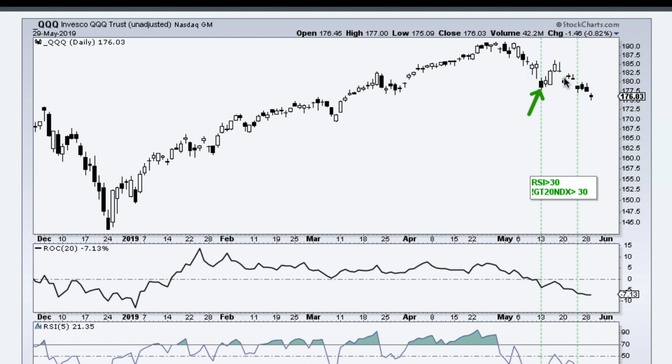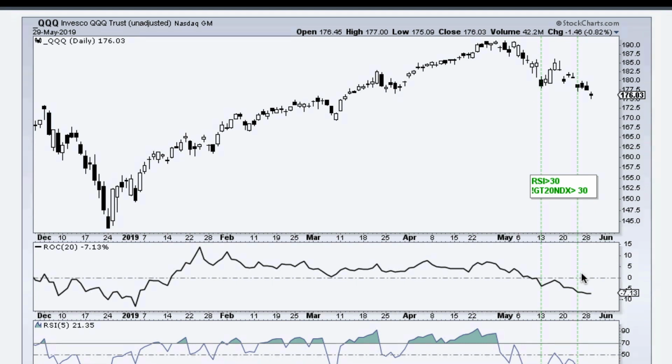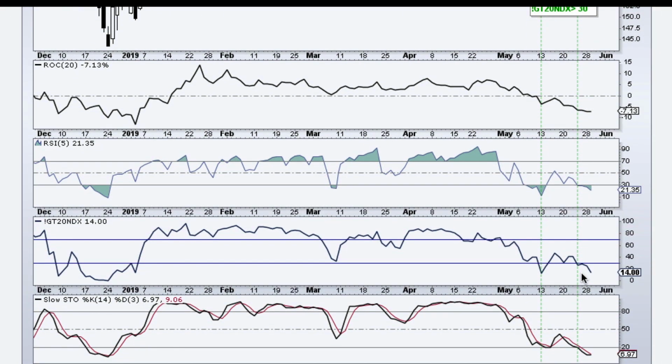All right, we've got another breakdown. We've got another gap. We've got another lower low. Indecisive candlestick yesterday. And if we scroll down to the indicators, you can see that the RSI 5 has been below 30 for a couple days now,